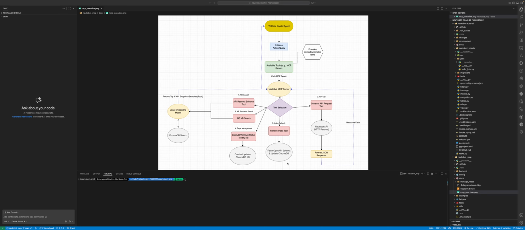So this video is going to be a quick overview on my Nautobot MCP server and just give you an idea of what it does and how you can actually use it in your VS Code. It's primarily designed to be used within your IDE. And so I have Copilot, but you can use something like Continue,